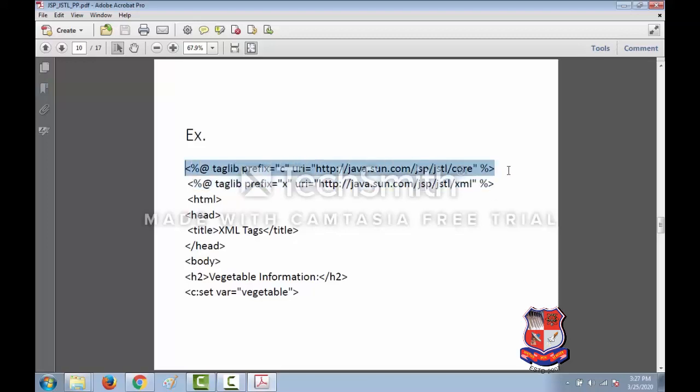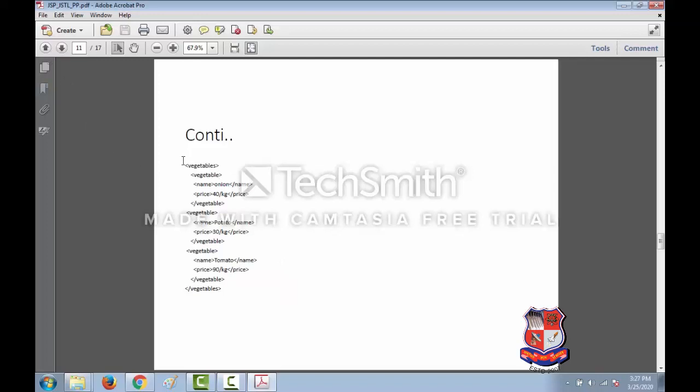First the core tag library, then the XML tag library, prefix and URI we have to provide. Now here we have c:set var equal to vegetable. We have declared one variable named vegetable. Now we are going to use this XML and display some information from it.